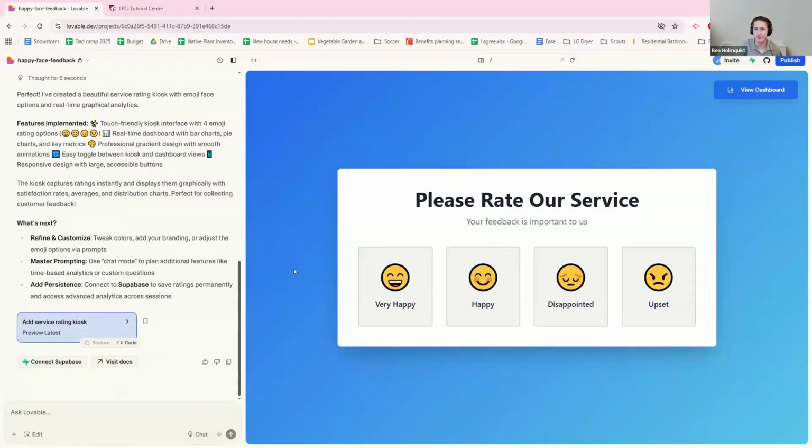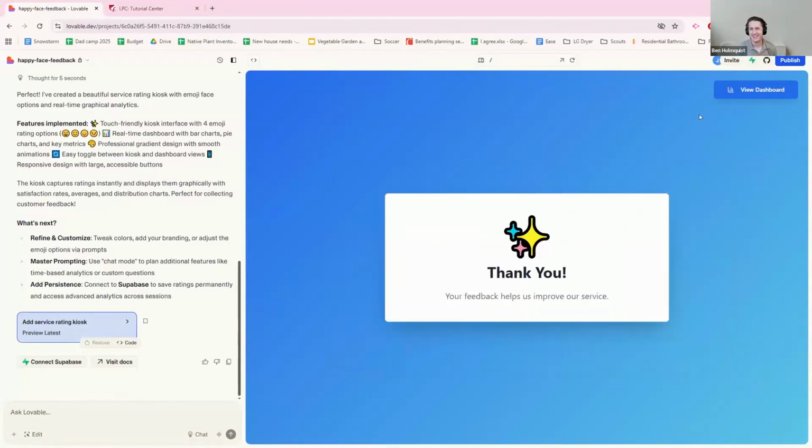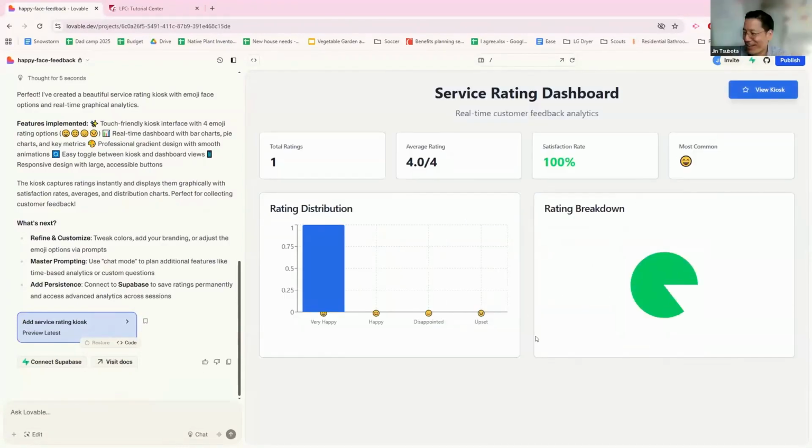Okay. If you want to switch over to this, this is good now. I was filling it live. Very happy. View dashboard. I've got a kiosk ready to go within like 5 minutes. And I can customize this to how I want it, better than what I would have